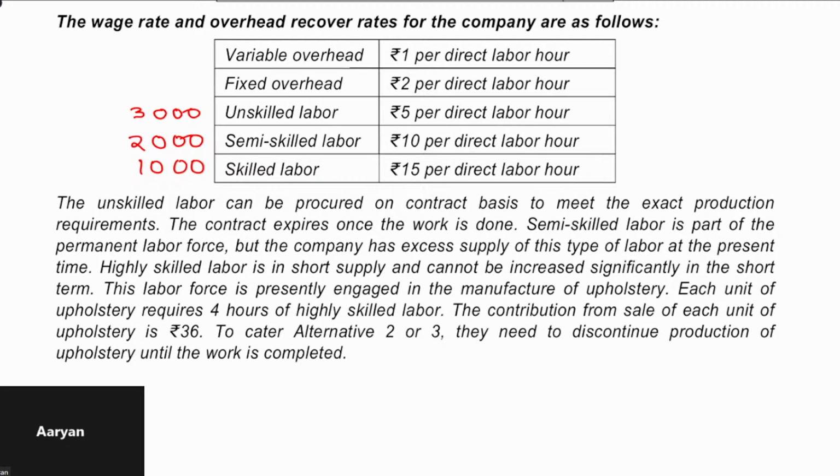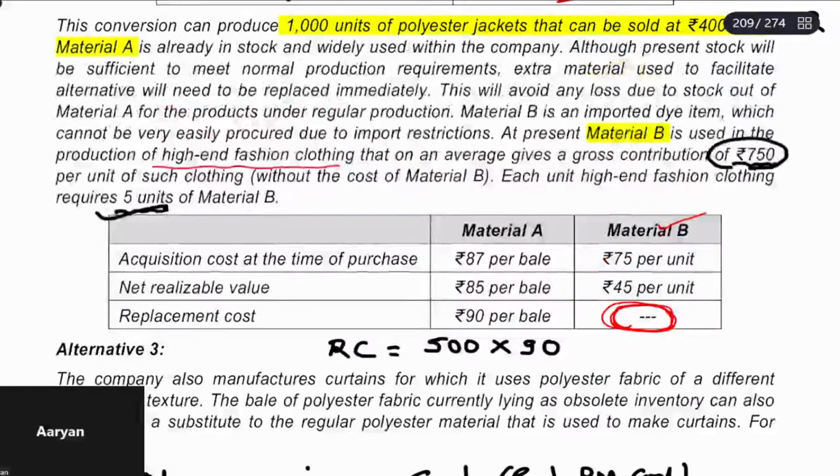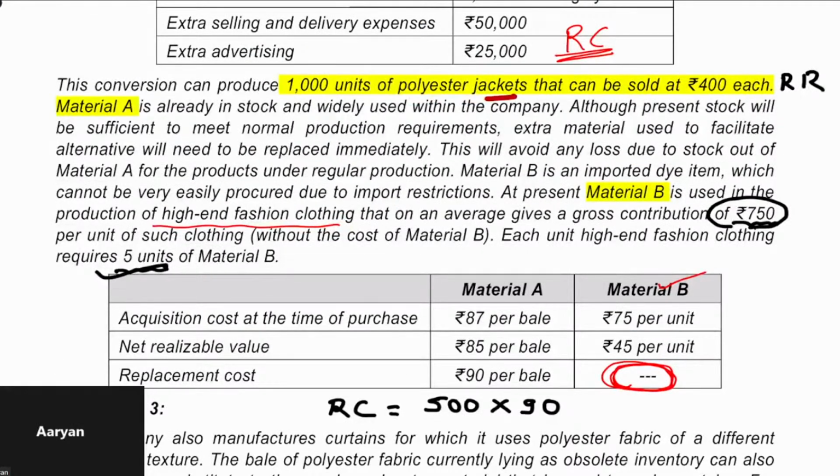How is it ₹150, beta? It's very simple. You are earning a contribution of ₹750 by producing this high-end clothing. Just a minute, beta, there is one doubt, let me clear this doubt. You are earning 750 of contribution from high-end fashion clothing, while this product is totally different. This is the polyester jacket. You are also manufacturing high-end fashion clothing and you are earning a contribution of 750, because this